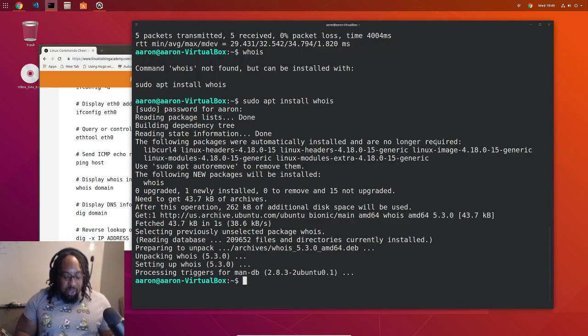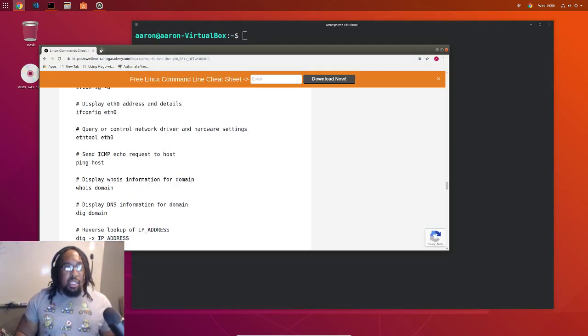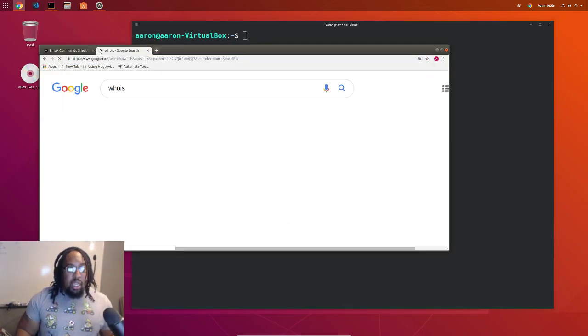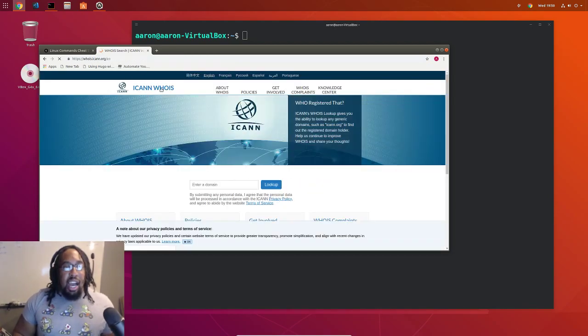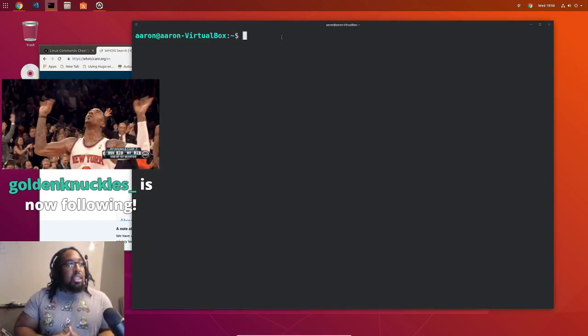So what does that mean? Let's clear this. There's an organization called ICANN, and they run this whois registrar service. The internet works basically via something called DNS, I think it's Domain Name Service, and that's the way you're able to